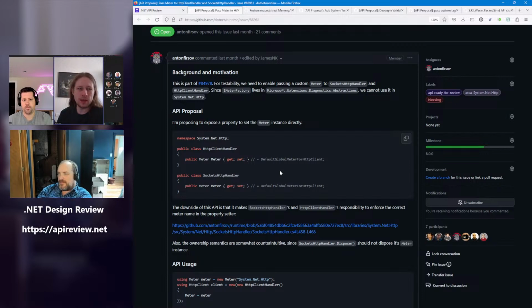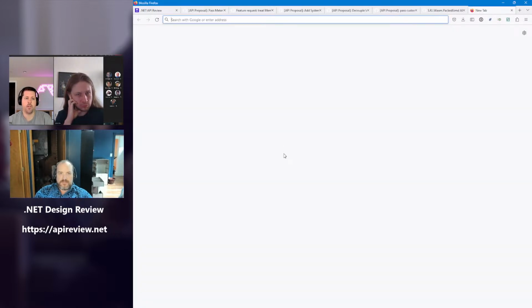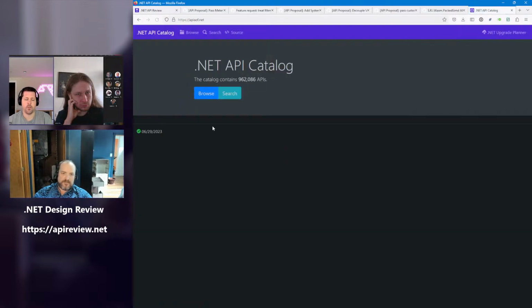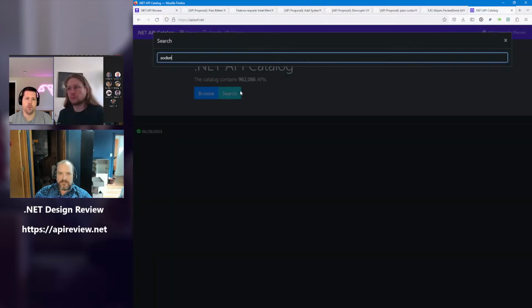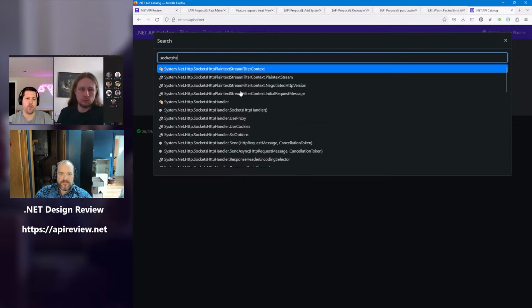We also have diagnostics handler, which means particularly distributed tracing. Diagnostic means a couple of other things. Sure, ignore the fact that I used the word diagnostic. Does the concern, at least at its face level, make sense? Would the existence of this property confuse people, given that every other property on the type literally has something to do with HTTP, or the way that we interact with the protocol?